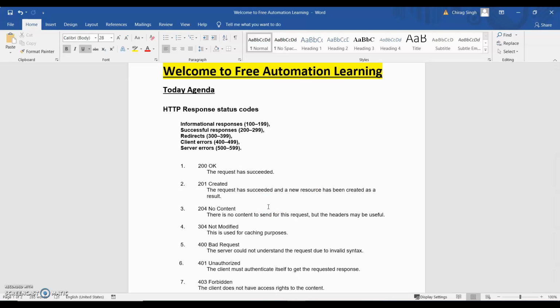204 is no content. There is no content to send for this request, but the headers may be useful. When we delete any resource or data, the server gives a 204. It does not give a response body, but it sends the headers. 204 means there is no body with this response.